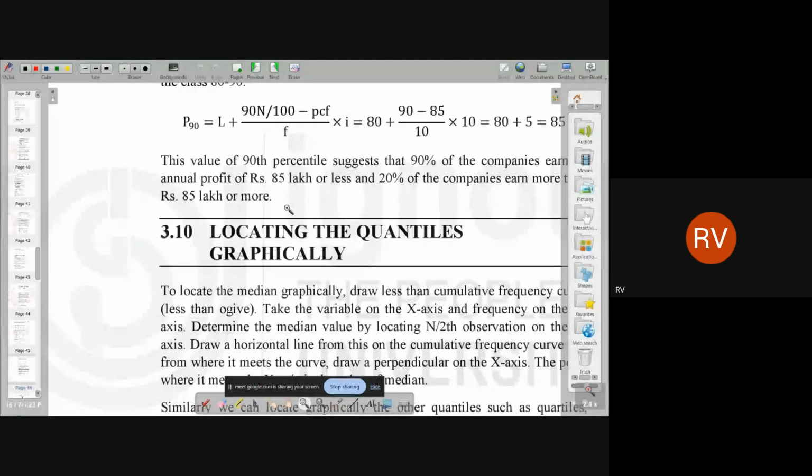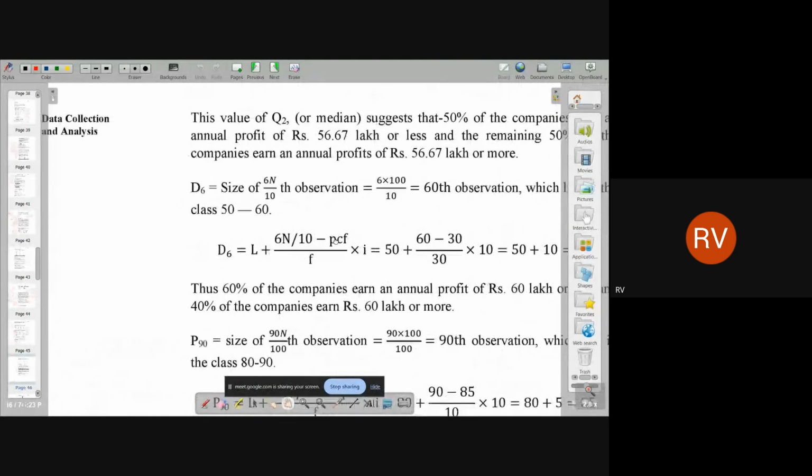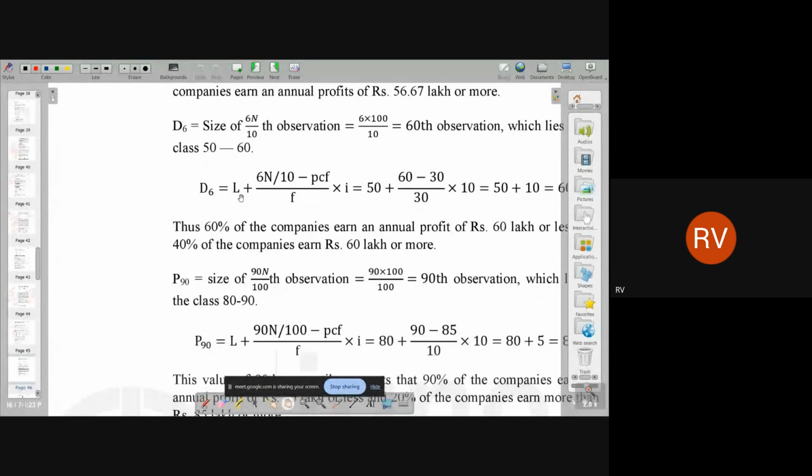Now we pass on to how to find D6. D6 is L plus 6n by 10 minus PCF by F into I. How to find the D6? D6 is equal to